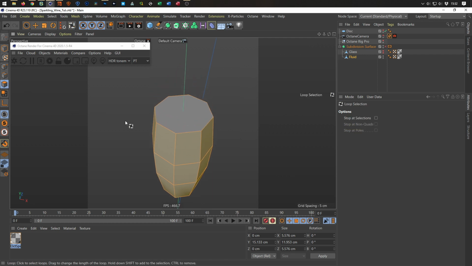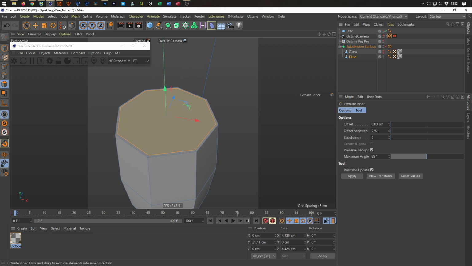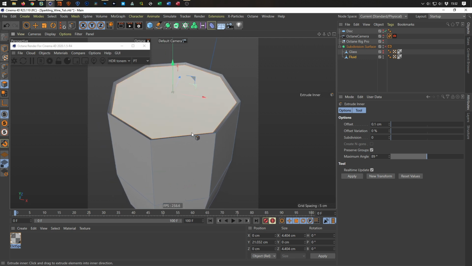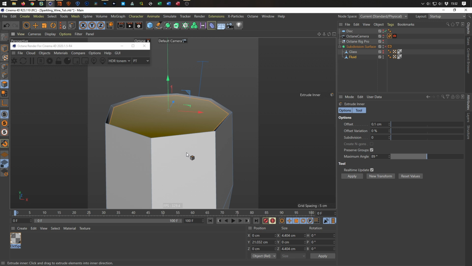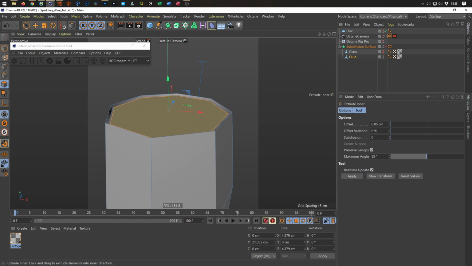Now I select my polygon hole here. I for inner extrude, extrude it a little to the inside, just a little bit. And I drag this down a little bit just to simulate something like, how is it called now? You know it, this is the tension, yeah, surface tension. So, then again a little bit, and then I go to the inside. Okay,